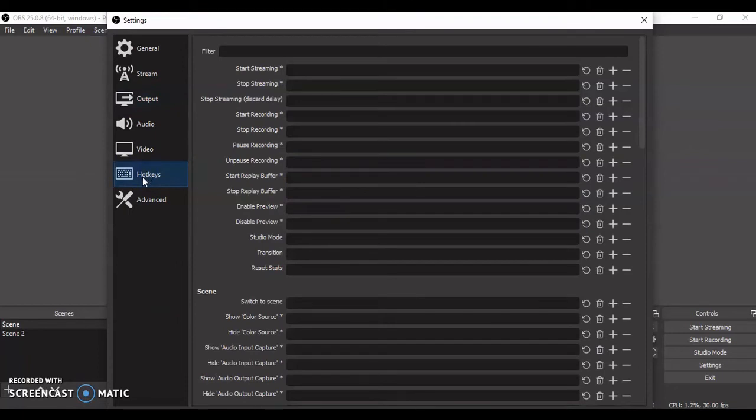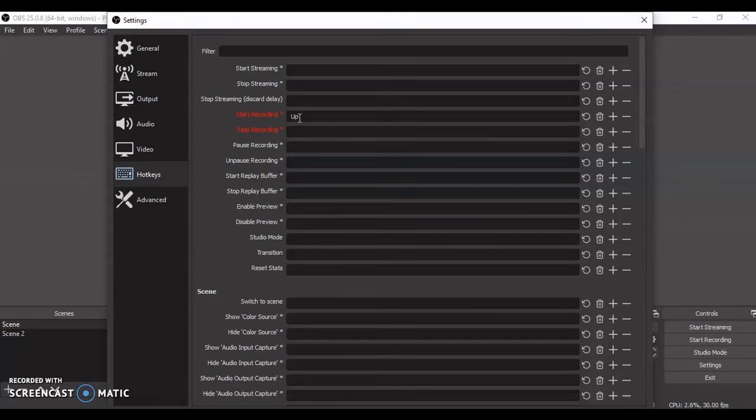So this is hotkeys, that is keyboard. Without using the mouse, you can run the video, or you can record a video of your screen of video lecturing with the help of the keyboard as well. To do that, put a cursor on start recording. For start recording, which key do you want? Any easy key, either left or right or up and down or even backspace, enter, any key which you want to put, it will take automatically.